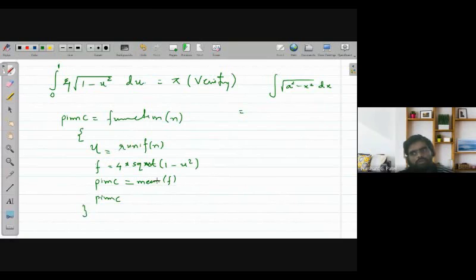If you run this one, it will estimate the value of pi, and we can also calculate the value of this integration. So let us do it in R. So for now, I'm stopping this sharing and starting my